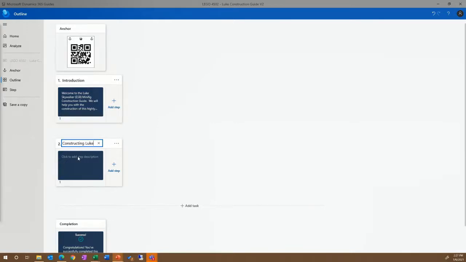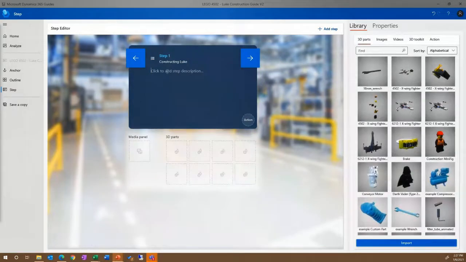So this could be comparable to going out and having work instructions. I think I'm going to type in a little bit of text here, and then I'm going to show the fully disassembled version of the minifigure, and I'm going to add that from the 3D palette that I have and put it over into the 3D parts.